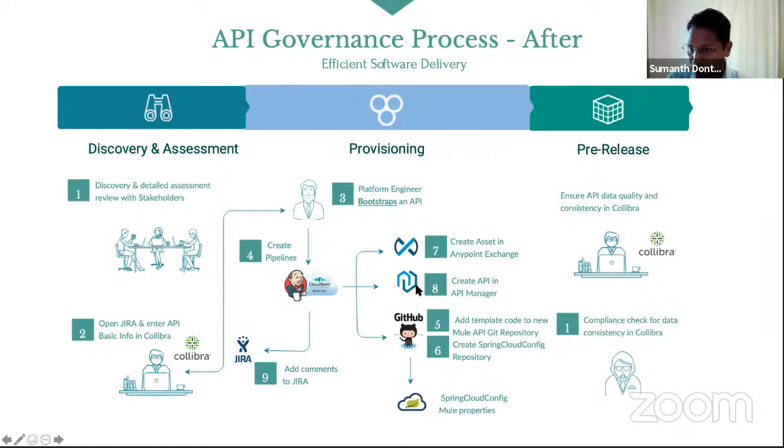When your API is created, that API has an API ID and API version. The way you associate your API in API Manager to Runtime Manager is using the API ID, so it picks that value, puts it in the respective property file, and then it triggers your dev pipeline. So essentially, what we are doing is we're not just giving a repo to a developer.